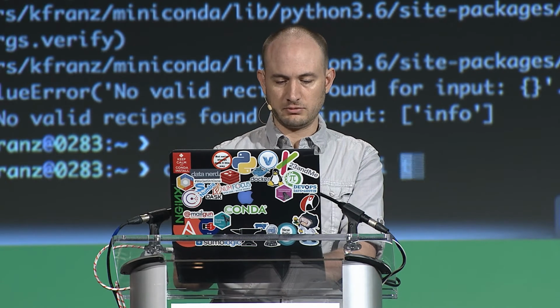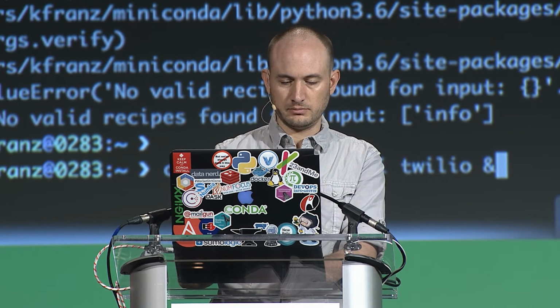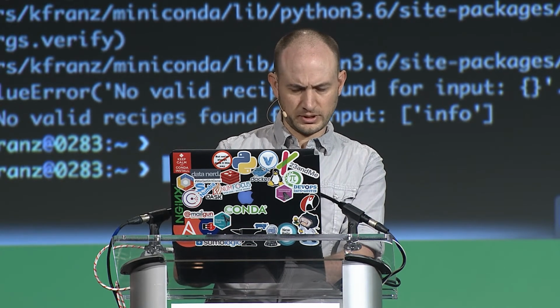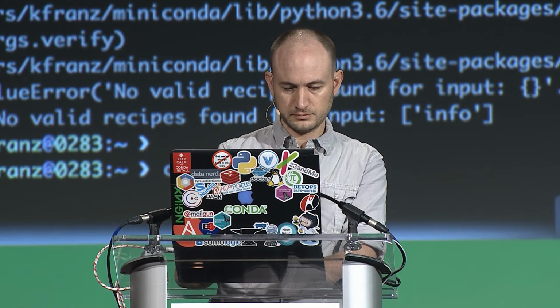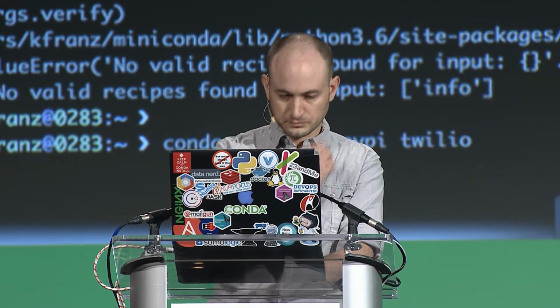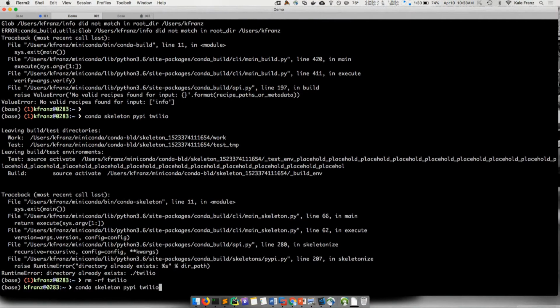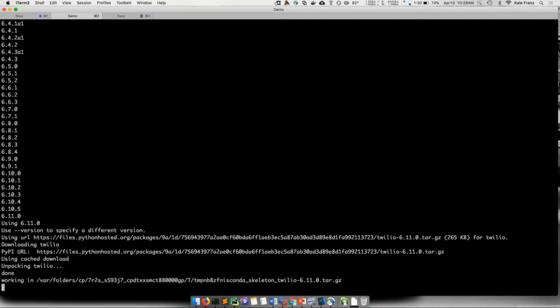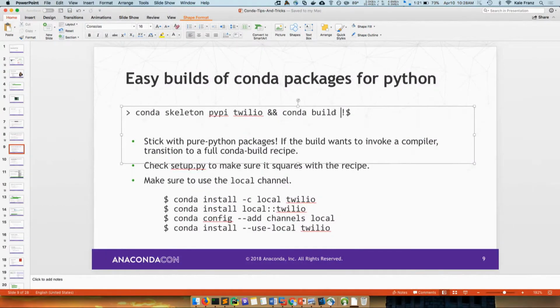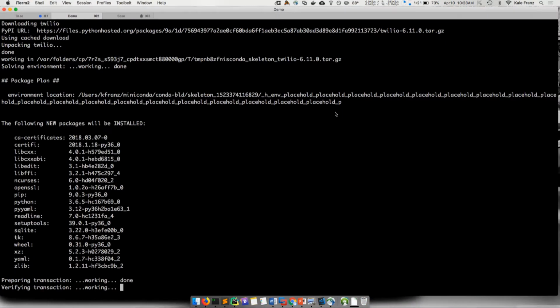Yeah, don't copy and paste again. I knew that was going to be a problem. I'll bet one of these is Unicode. conda skeleton pypi twilio. Just do it all over again. That's probably going to complain because Twilio already exists. Yeah, copying and pasting from PowerPoint means you get Unicode all over the place, and your command line doesn't like that.